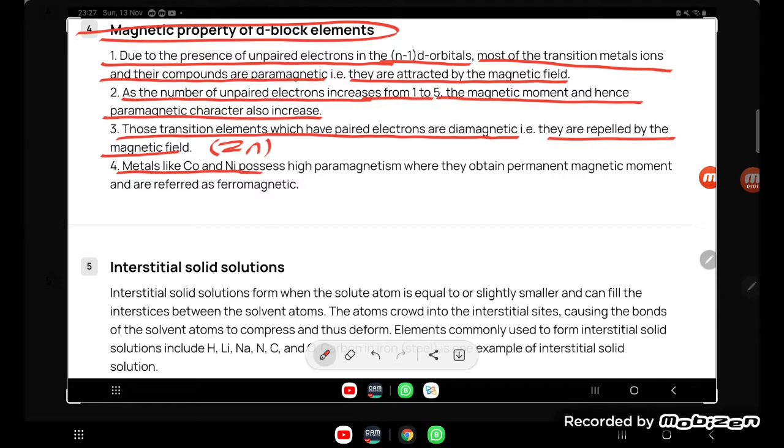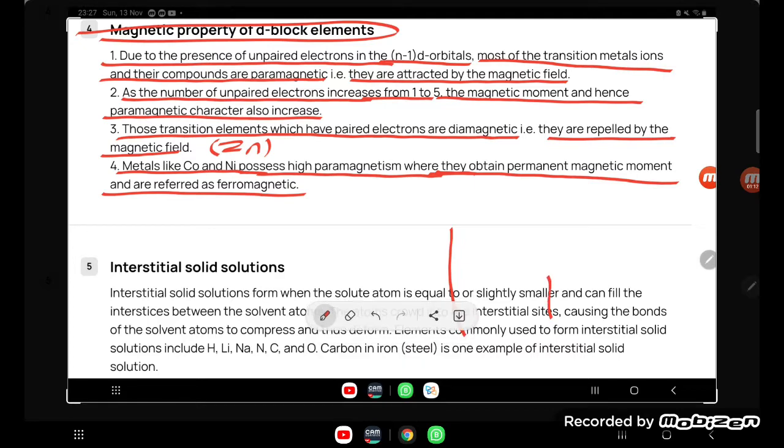Metals like cobalt and nickel possess high paramagnetism and a high magnetic moment, and hence are referred to as what, students? They are referred to as ferromagnetic. Now the next point,